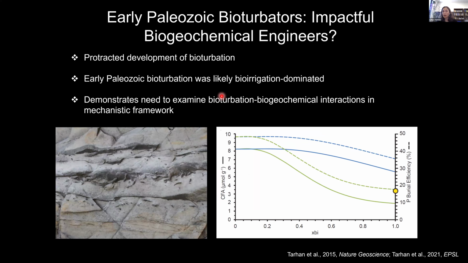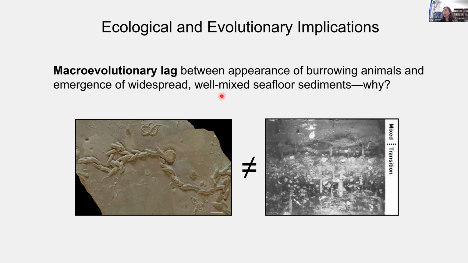So if we start to summarize some of what we've learned from this coupled record-based and geochemical modeling exploration of the evolution of bioturbation, I think that we have abundant evidence from both sedimentary and paleontological archives that the development of intensive sediment mixing was a very protracted process. And I think we should stop and consider the scale of this lag between the early stages of animal colonization of the seafloor, as beautifully preserved by the trace fossil record, and the intensification of sediment mixing and the development of a deep mixed layer.